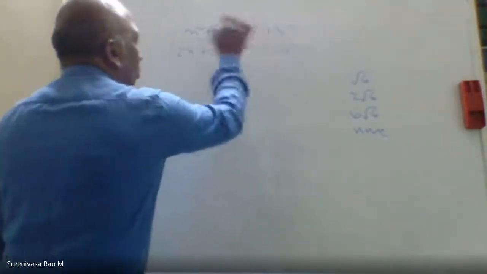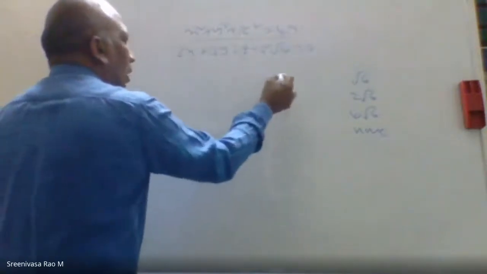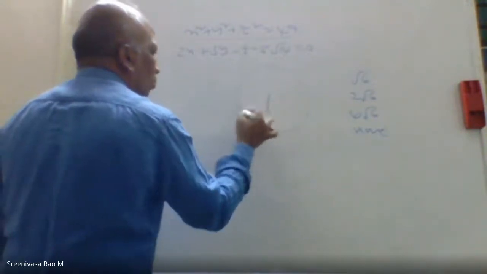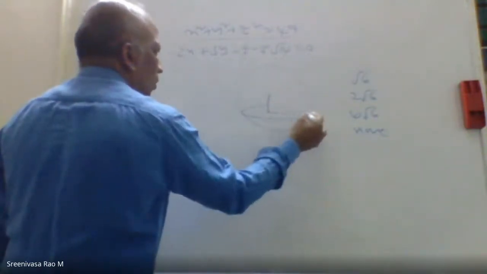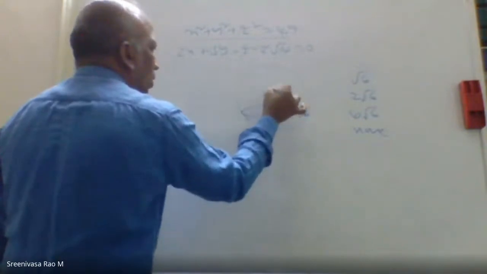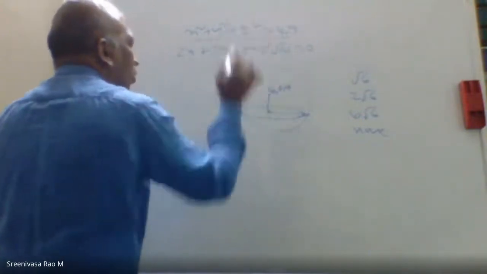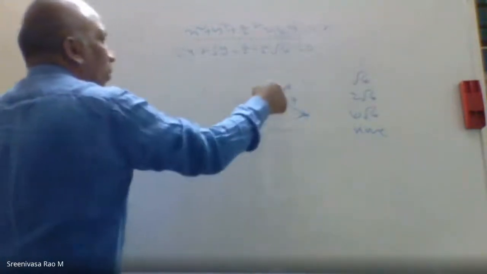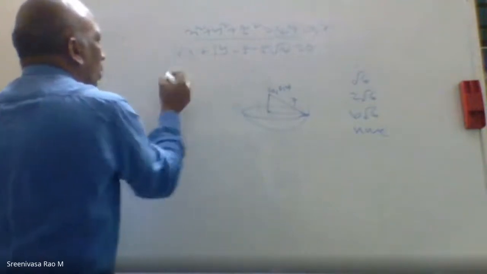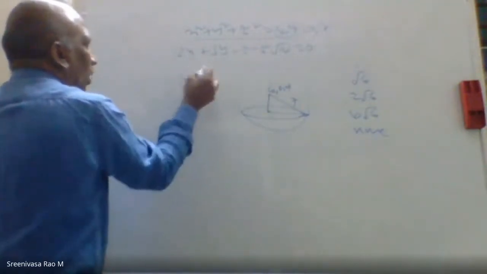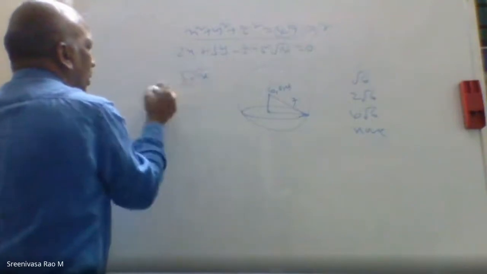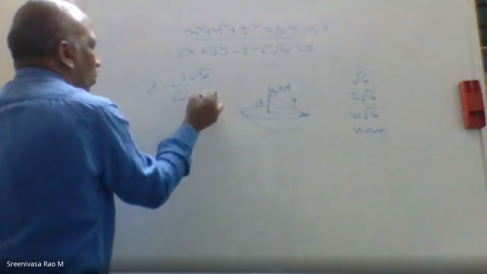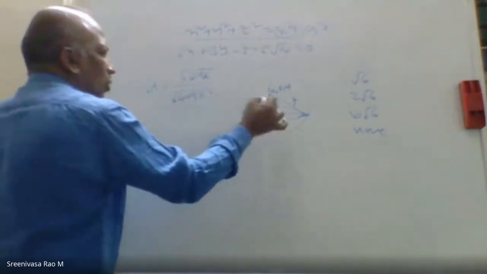From this, the center is 0, 0. Same concept, I can use this. So like this one, the distance I can find here. Center 0, 0, and this is 7 square, so the radius will be 7. Find the perpendicular distance from 0, 0 to this plane. You will get 5 root 14 by root of 4 plus 9 plus 1, which is root 14. This d will be 5, right?